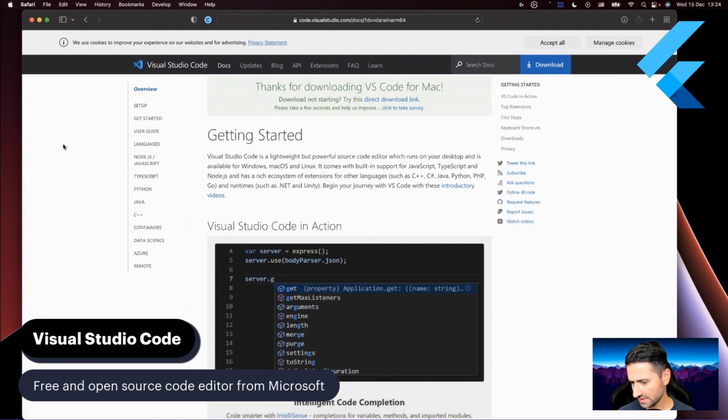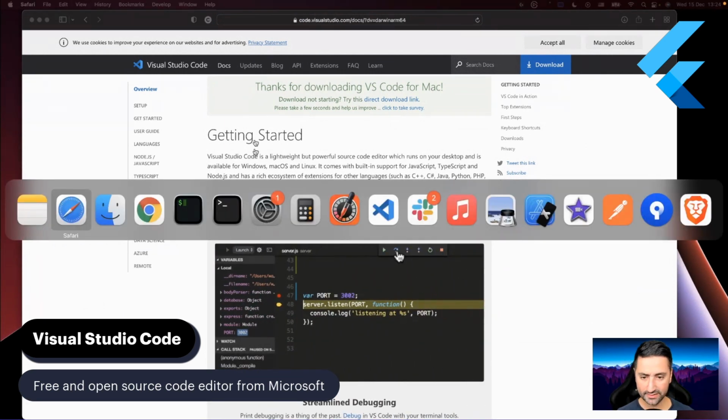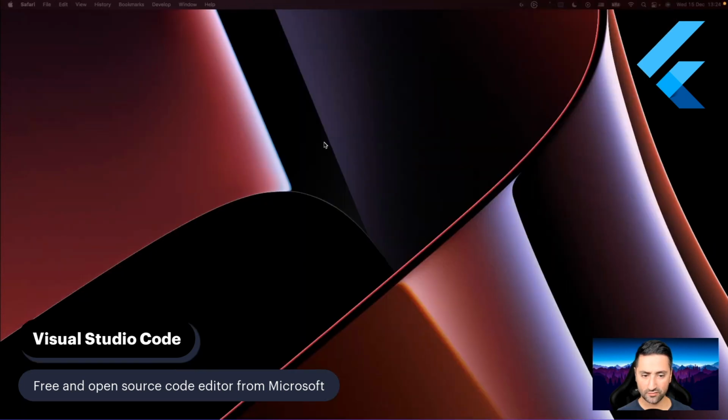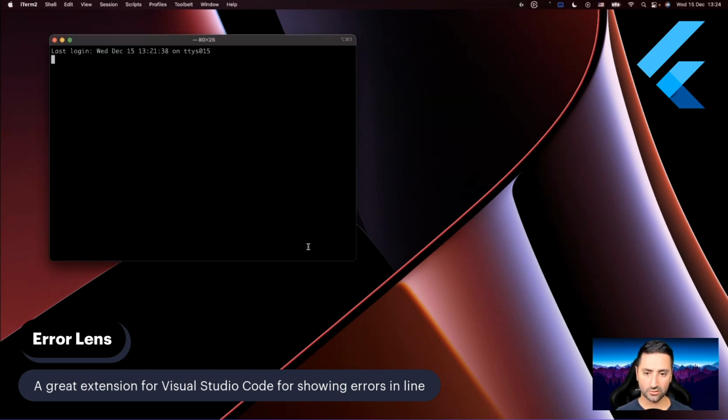So that's for Visual Studio Code. So let's go ahead now. And now that we've done that, I'm going to talk a little bit about some extensions that we're going to use in Visual Studio Code. So let me bring up my terminal, and